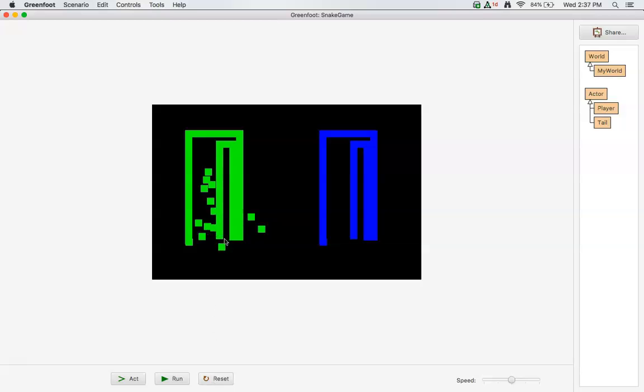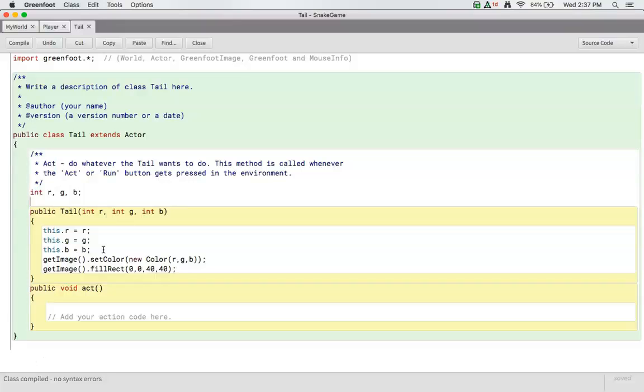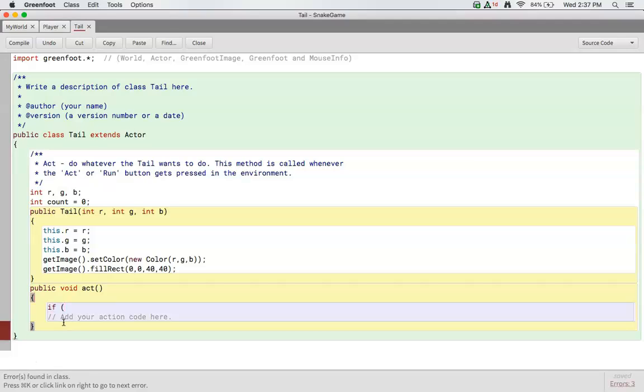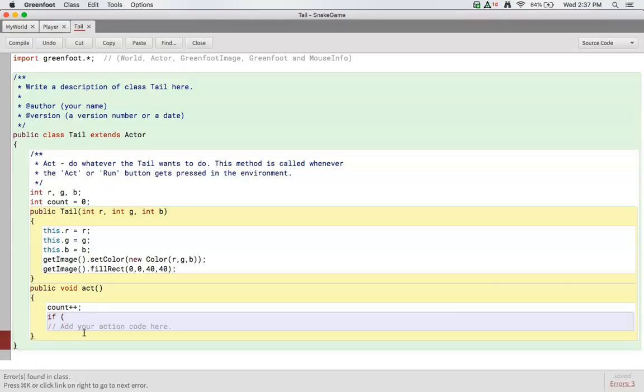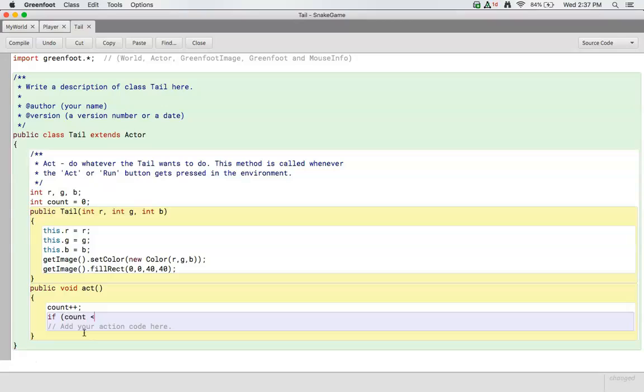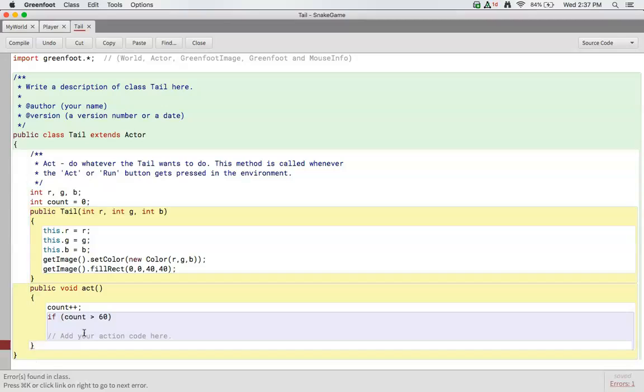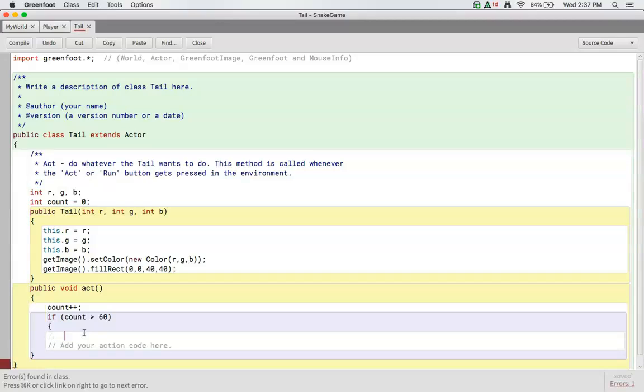So we want to delete following behind, and we'll have a count equals 0 to start, and then we'll have count plus plus, so it just adds up the whole time. And if our count is greater than 60, so every second, it'll last for 1 second to start,